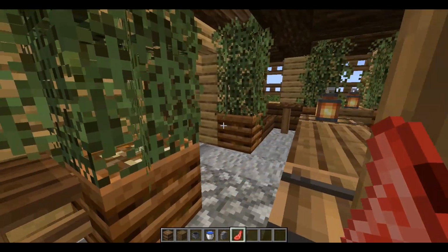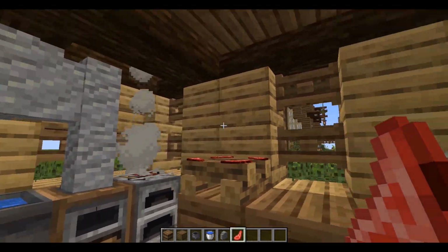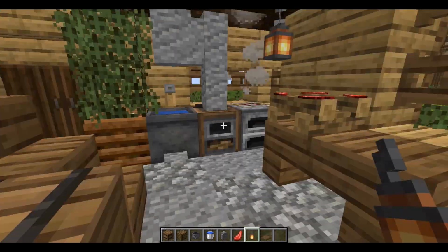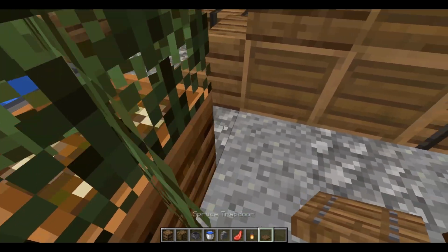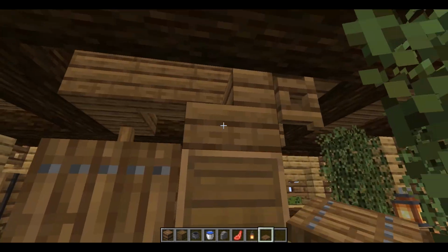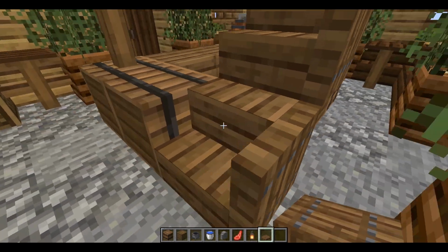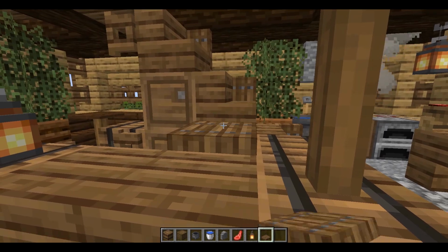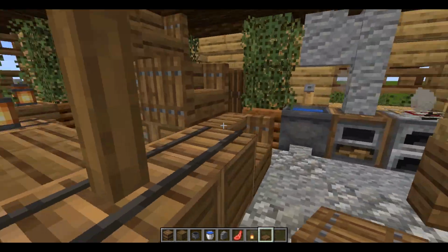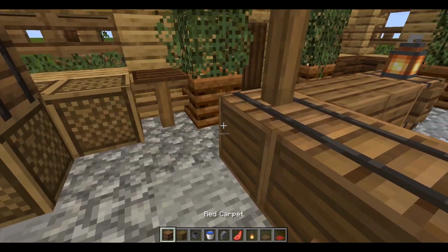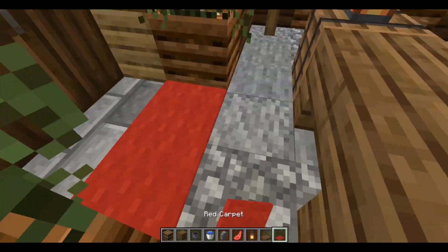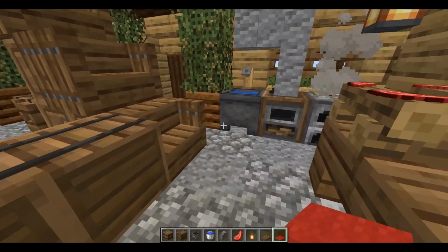Last thing I'm going to do to make this area complete is add a little bit of lighting right here. And then I'm going to line my staircase in these spruce trapdoors to make it look like there's a little bit of a railing. Finally, if you'd like, you can place in these carpets here leading up to the front and then on the